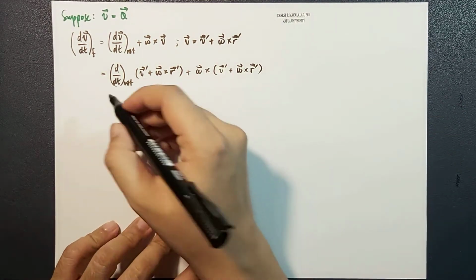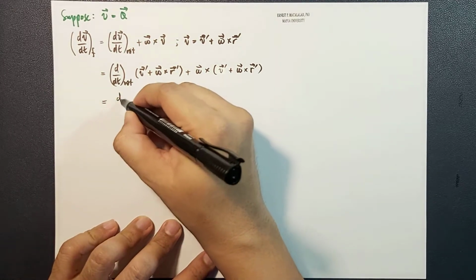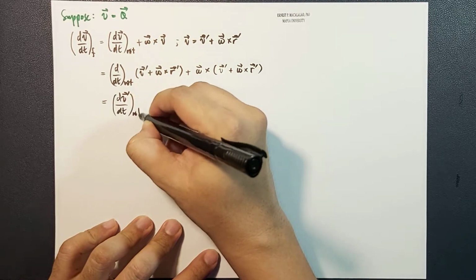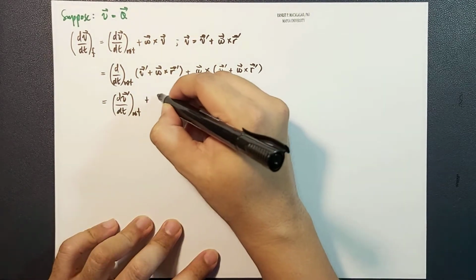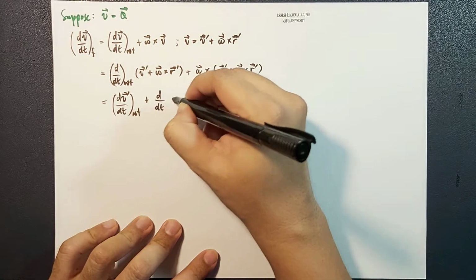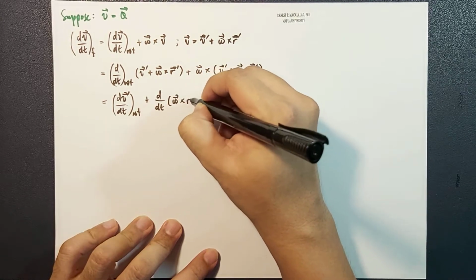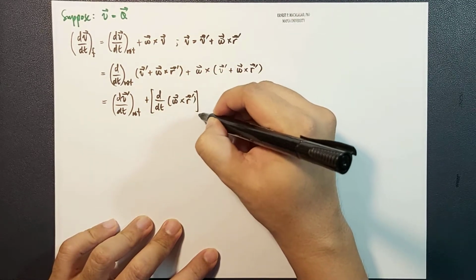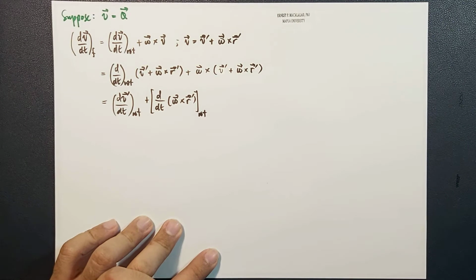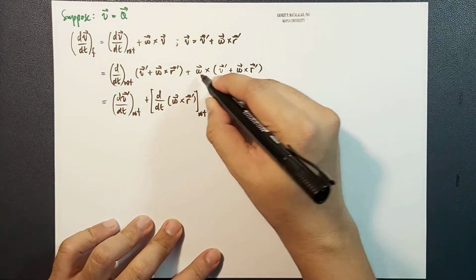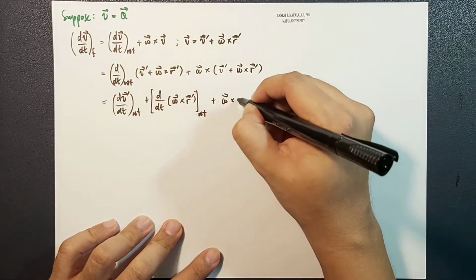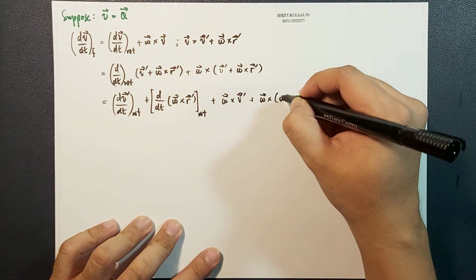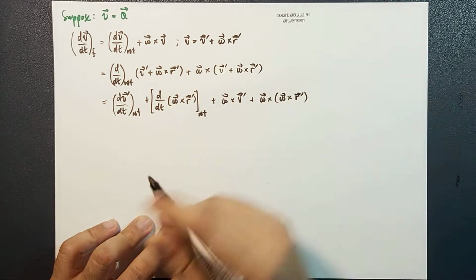So this one we can separate: the derivative of v prime with respect to time in the rotating frame, plus the derivative with respect to time of omega cross r prime, again in the rotating frame, plus omega cross v prime plus omega cross omega cross r prime,